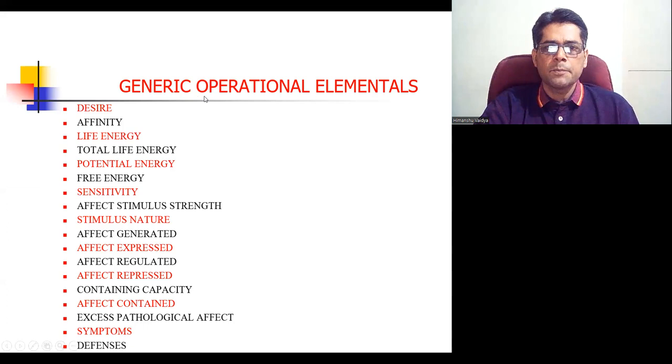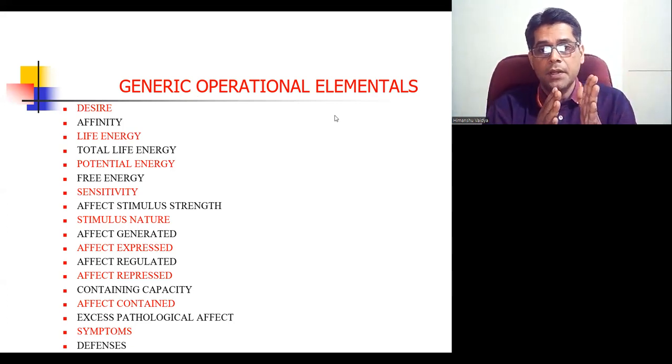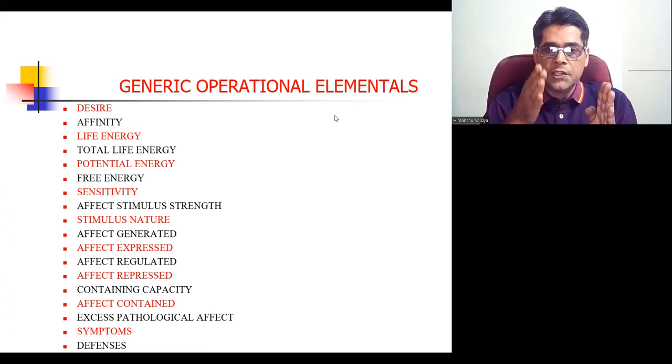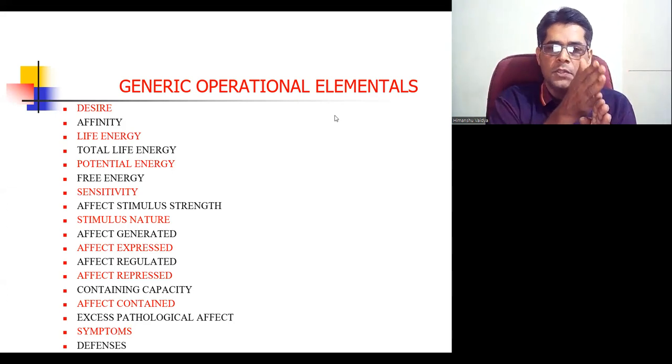As the name suggests, these are operational elementals, as the process happens from activation of desire to action to the result of that action. We can see the entire sequence of events from activation of desire. If you look at any psychological event from starting to the end, the starting of the event is activation of any desire, and the end of any event